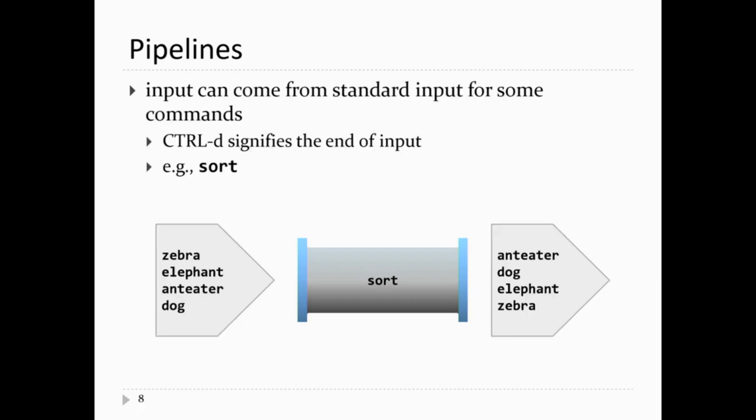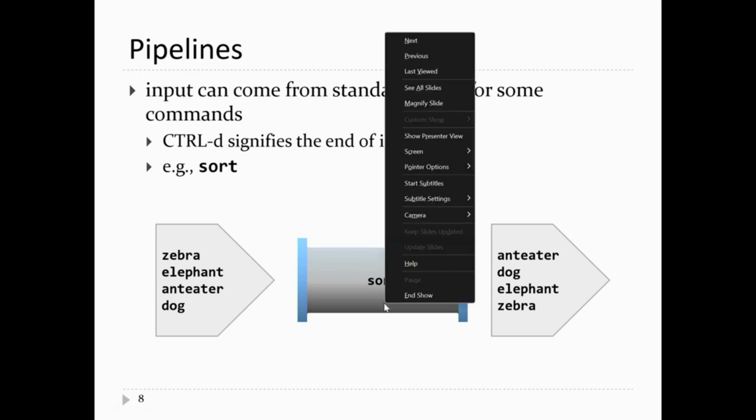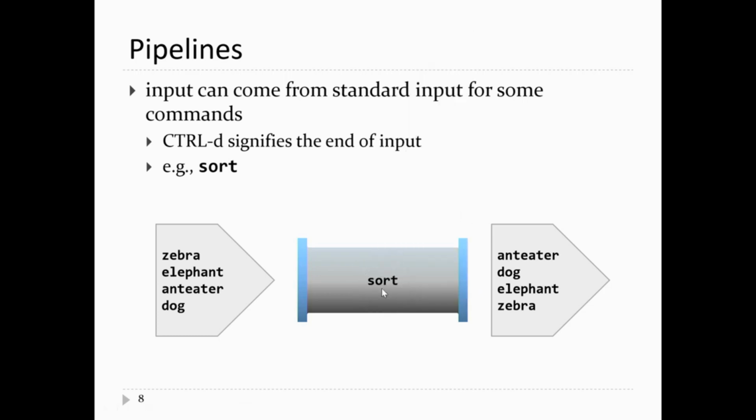Now the input could come from somewhere else. Many Unix commands, and sort is one of these commands. Remember I showed you sort by passing in a file. Sort some file, it sorts the lines of the file. But it turns out sort can also read from standard input. If you don't give sort a command line argument, sort thinks you want it to read from standard input instead. So for example,